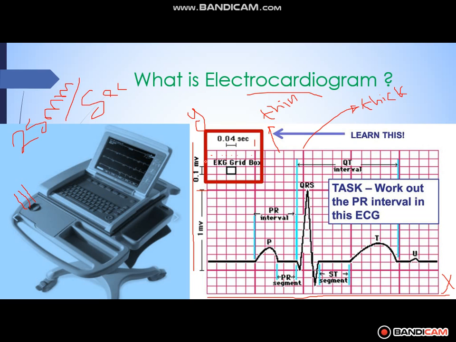And also the height of 1 small square is 0.1 millivolt. So you can easily say that the voltage of 1 small square is 0.1 millivolt, which is calculated on the vertical axis, and the time of 1 small square is 0.04 second, which is calculated on the